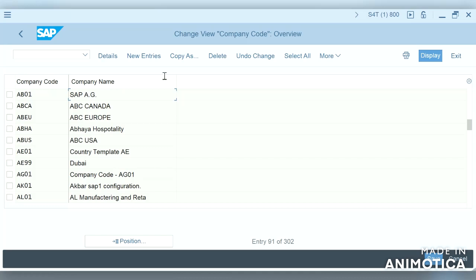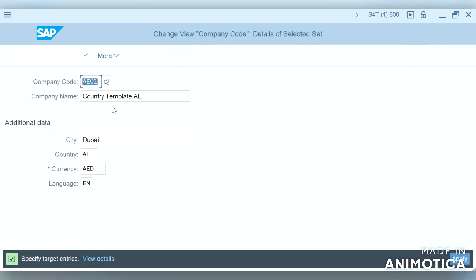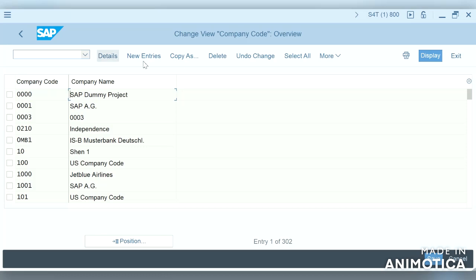We just select it and do Copy As, and this is now the target company code. We can change the information as required and create it. Or directly it is a creation: in OX02 we create it as a new entry. These are the two ways we create the company code.